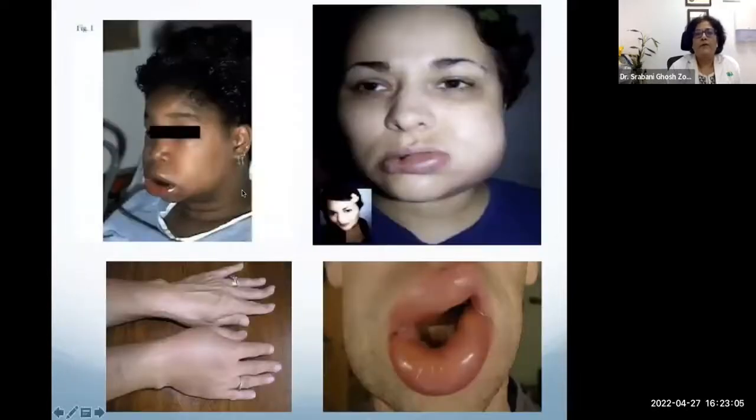As you can see in this picture, there can sometimes be asymmetrical swelling of the face. This usually happens because the patient tends to lie on one side. That's why this asymmetrical edema usually happens. If there's edema of the floor of the mouth or oral mucosa, be very careful in case the patient is going to develop any bronchospasm.